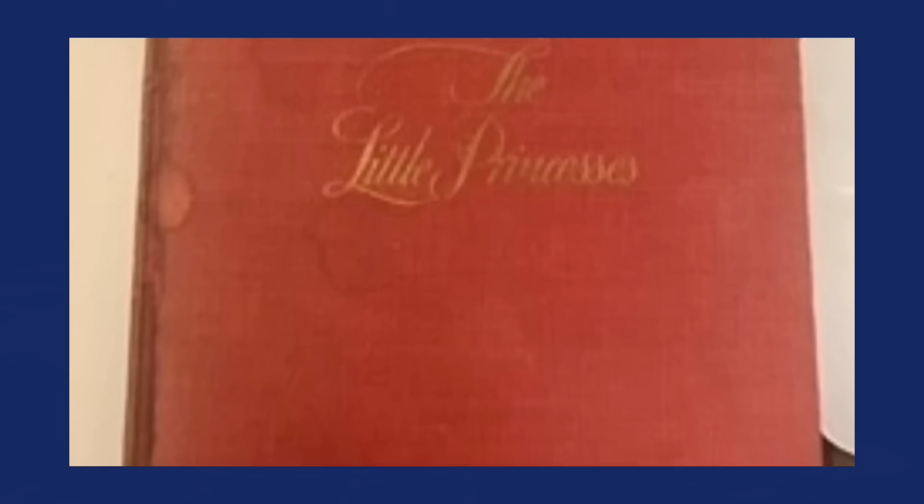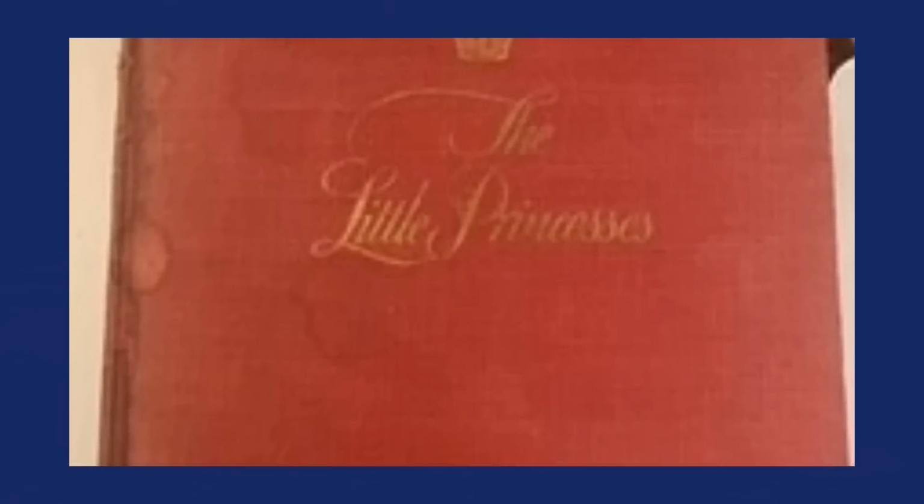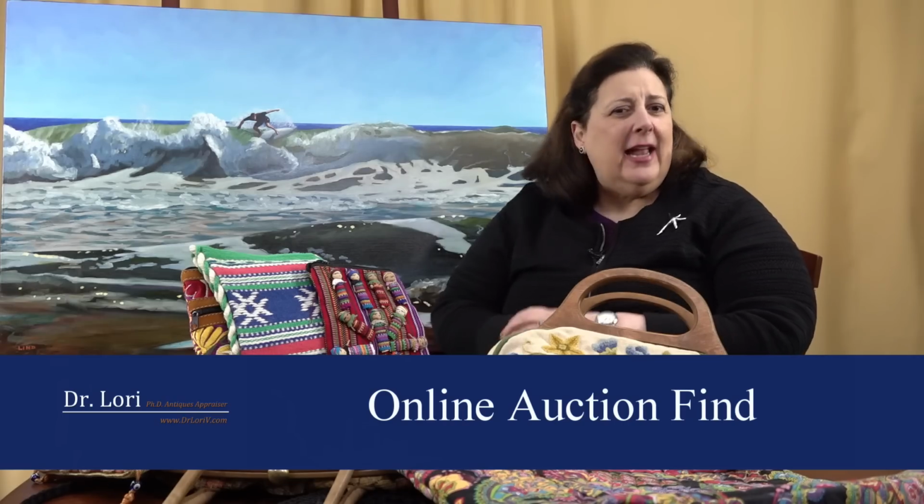Unless it's, of course, a handwritten note from someone famous, maybe the author to someone else. So the Little Princess's book is, of course, purchased through an online auction by my class member. She says, Dr. Lori, I'm very curious because I bought a lot of 30 books in this online auction, and I paid $50